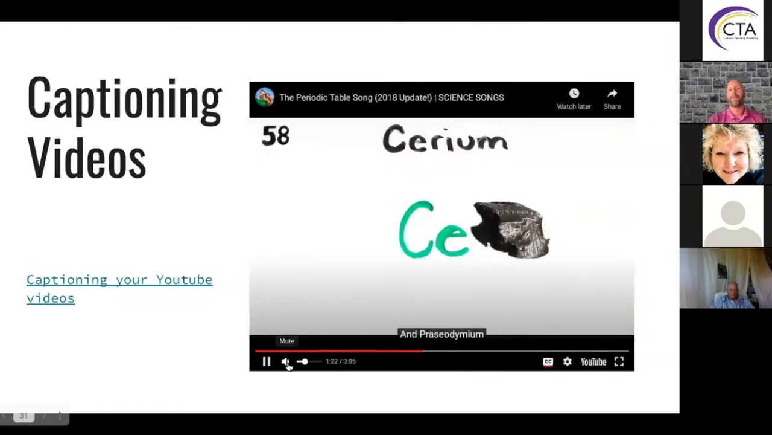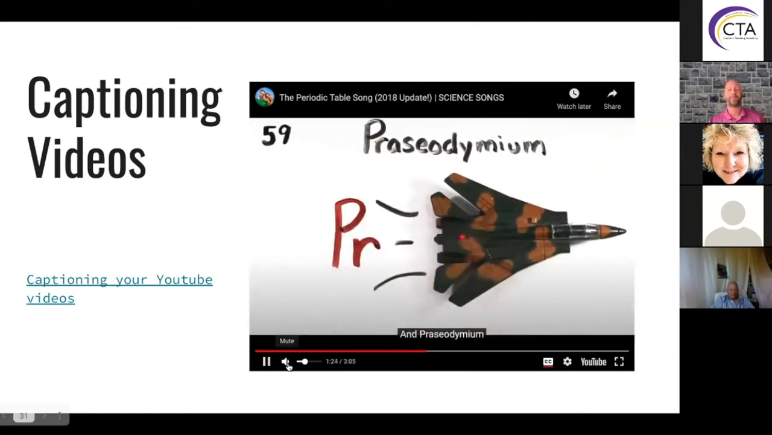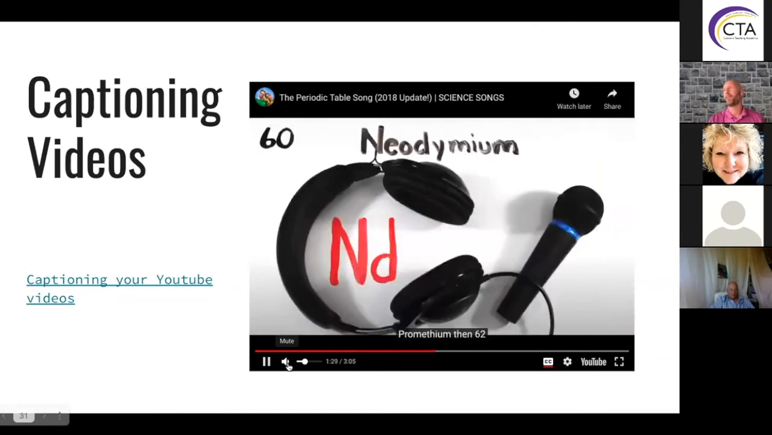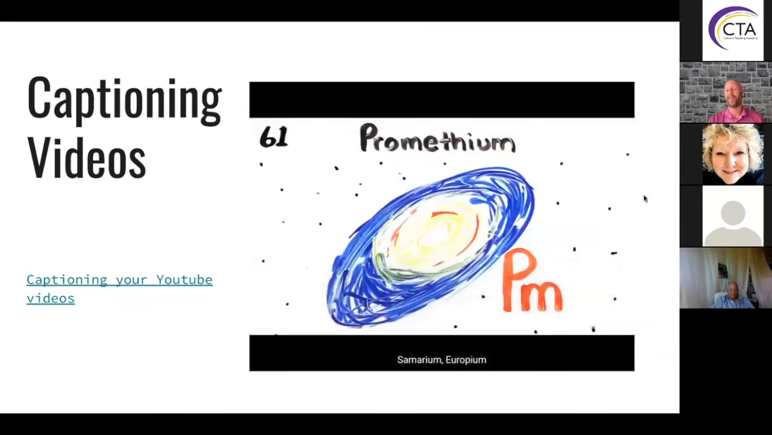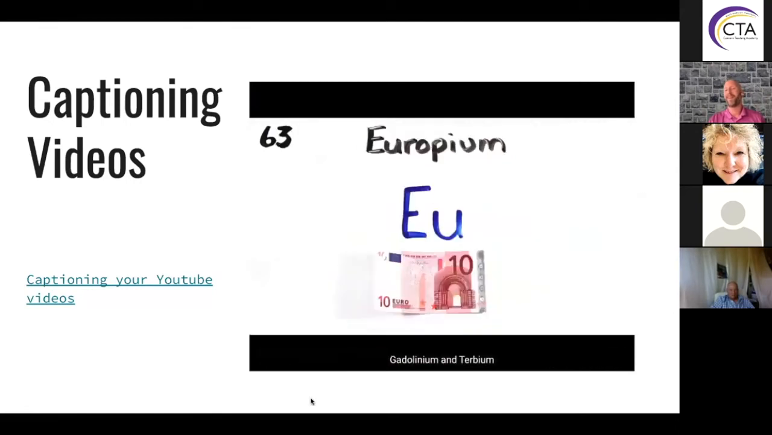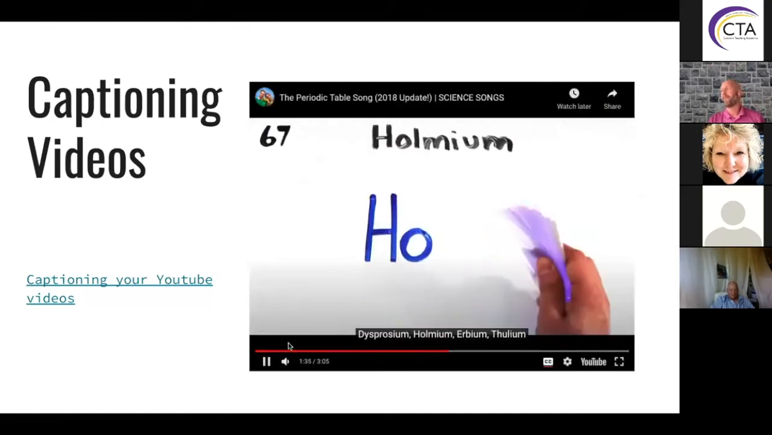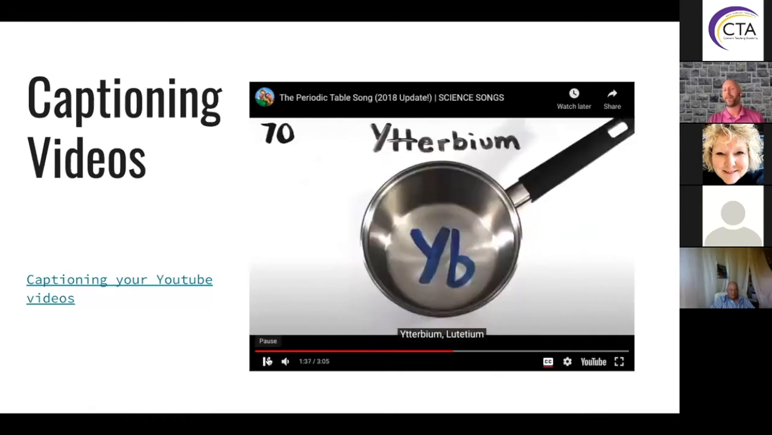Lanthanum, Cerium, and Praseodymium. To Promethium, then 62. Samarium, Europium, Gadolinium, Terbium, Dysprosium, Holmium, Erbium, Thulium, Ytterbium,